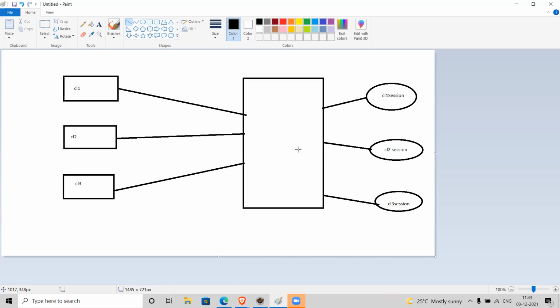The life cycle methods, as we discussed yesterday, are initialization, service, and finally destroy. Init, service, and destroy.